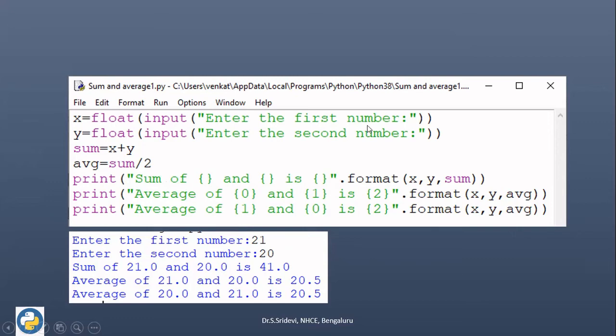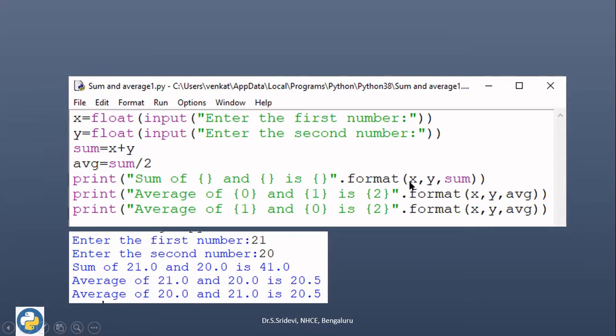Now to invoke this format method, we need a string. So this is a string we are going to use to invoke the format method. So we need now the object reference dot format. So this is a syntax. Now we are going to pass some values to the function. How many values we are going to pass? That depends upon how many placeholders we have in this. There are totally 3 placeholders. So we need to pass 3 values now.